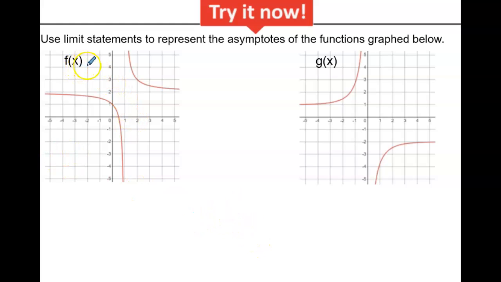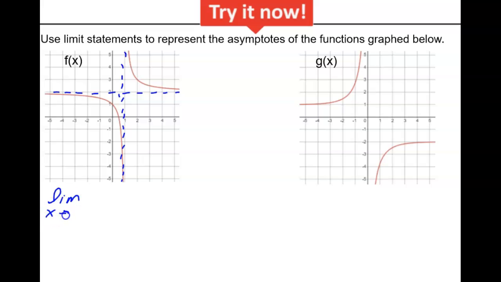So in f of x, we have a horizontal asymptote here at y equals 2, and a vertical asymptote along x equals 1. So for the vertical asymptote, that would be the limit